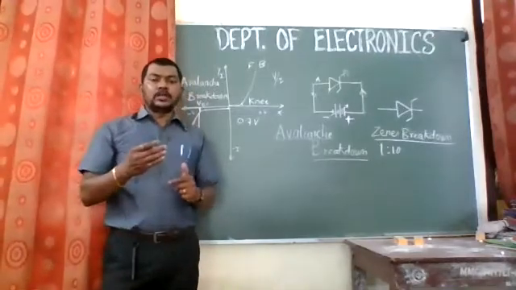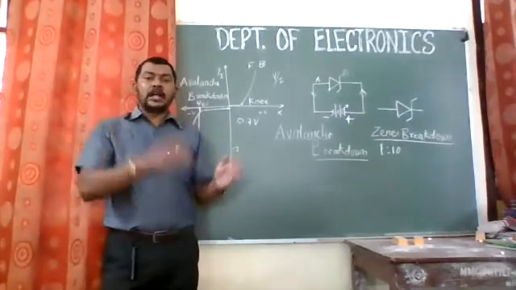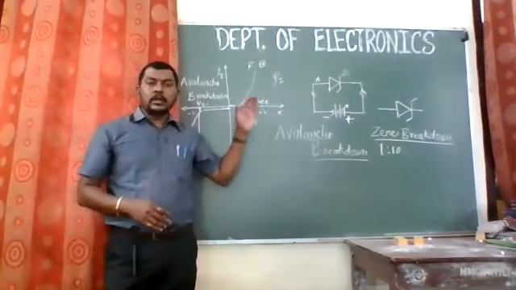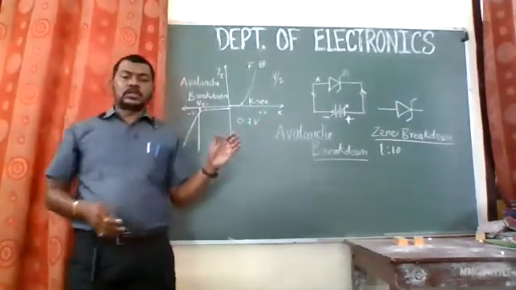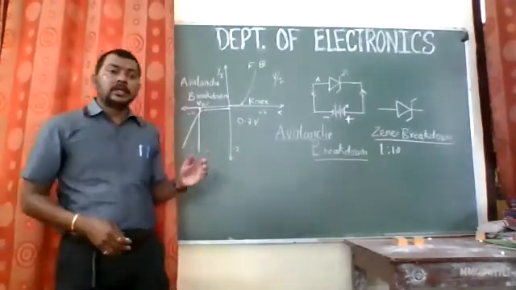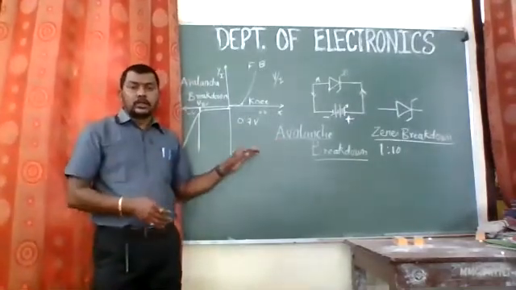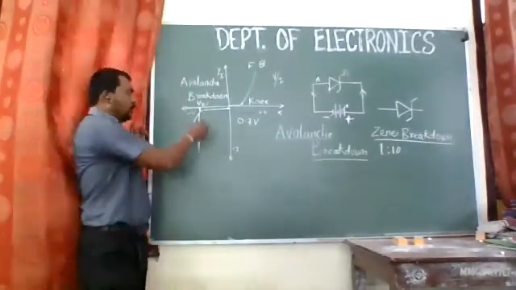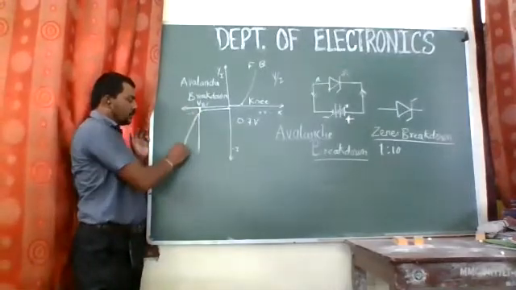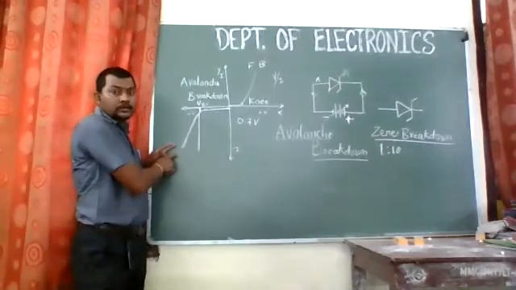And when we further increase the voltage, the reverse current starts flowing through the diode, right? A huge amount of reverse current starts flowing through the diode, and we say that avalanche breakdown has happened. By graph, we are able to see the graph like this. This line is for the avalanche breakdown.